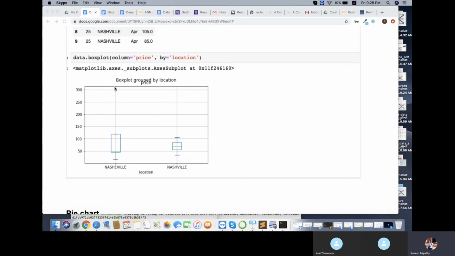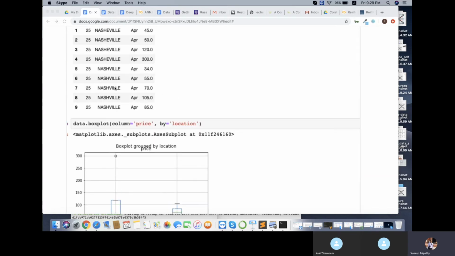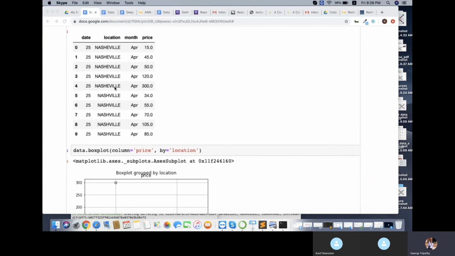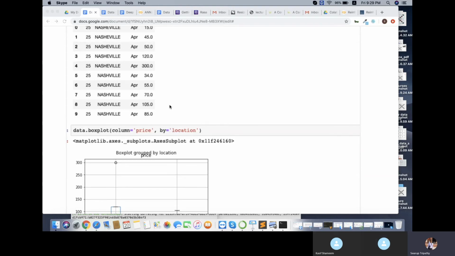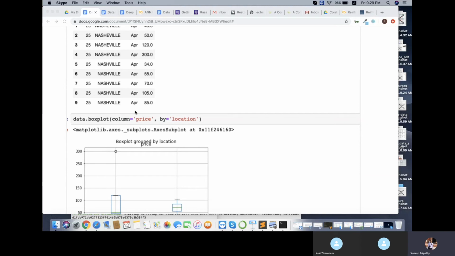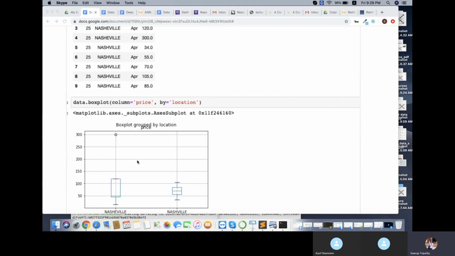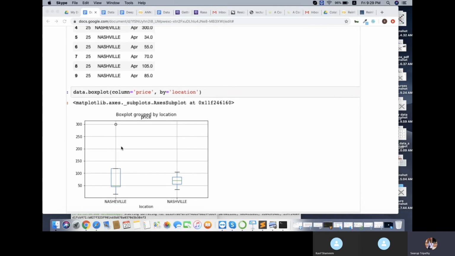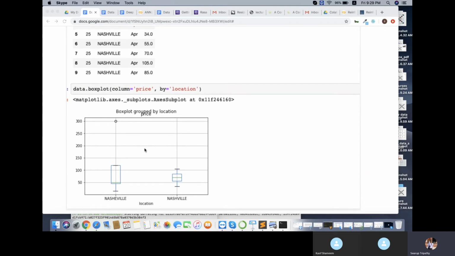In Nashville this value is almost 300, but the other values are around 100, so this is more than 200 extra. That's why it has been considered an outlier. We'll understand more about outliers going ahead, but for now just know there is something called an outlier, and we can find it within the box plot.